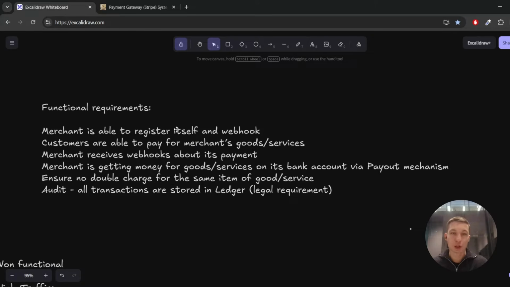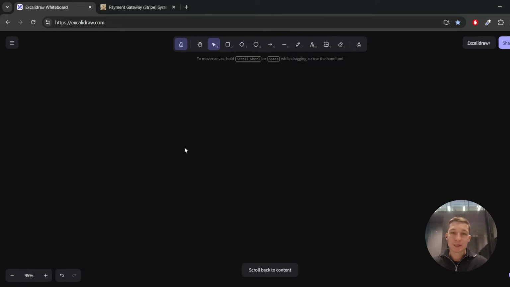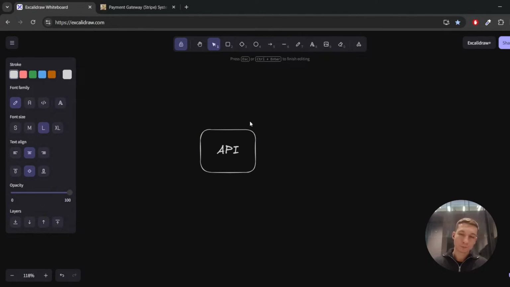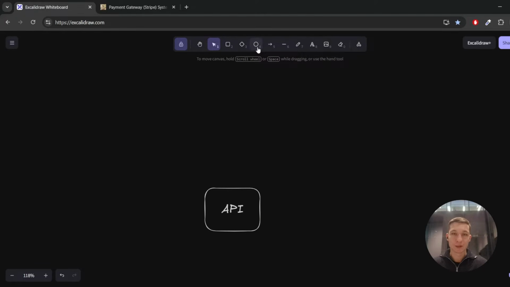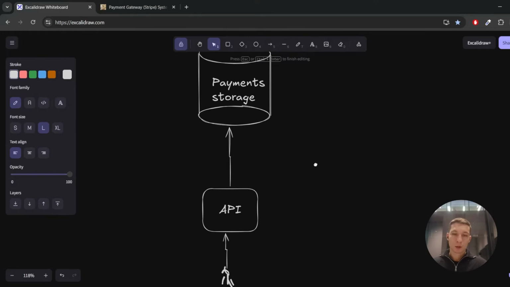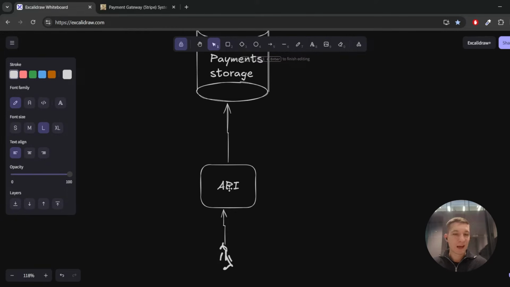So merchant is able to register itself and webhook. We can start with something easy and simple. So we're going to create some API. Of course, we're going to need some storage. So the communication will be simple. We have a RESTful API. We have an endpoint called POST